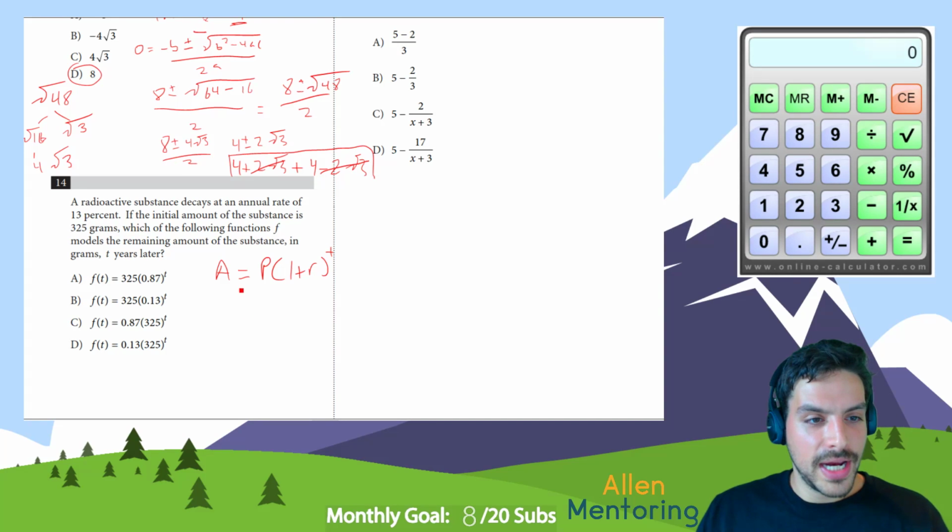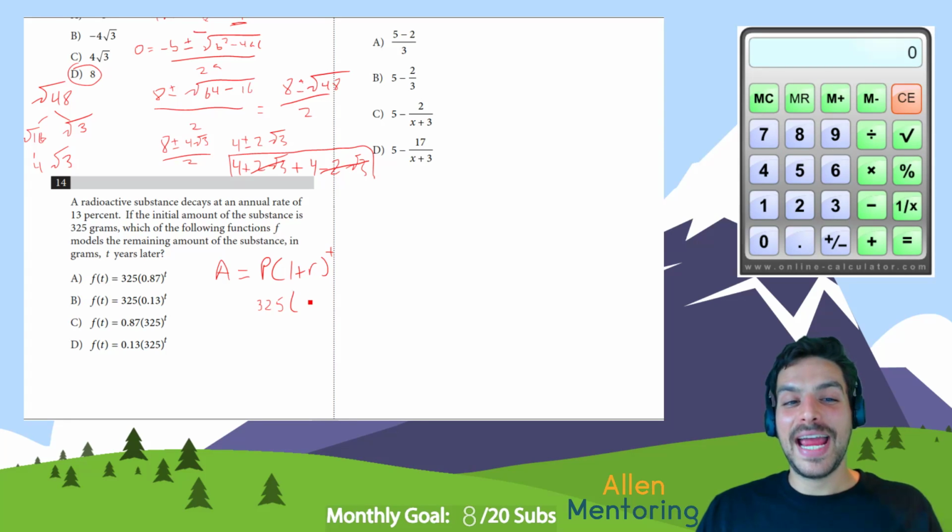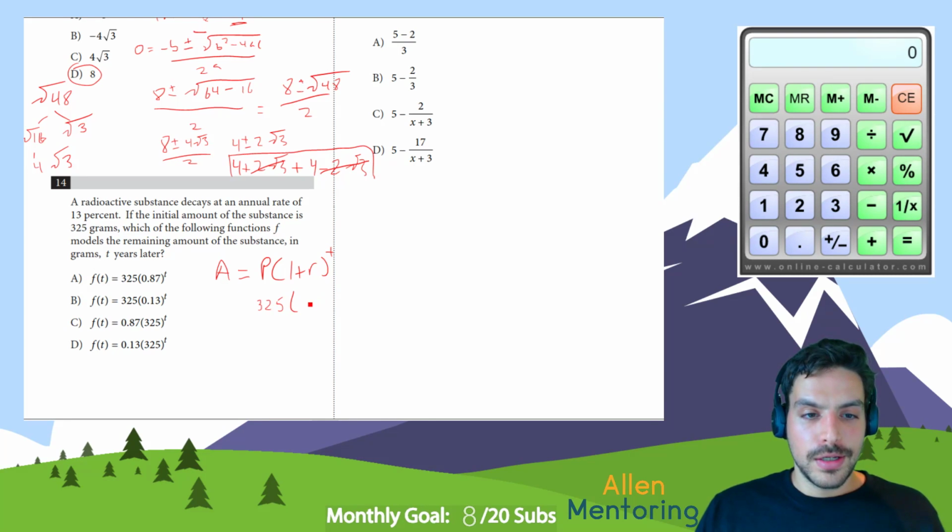So in our case, P is what you start with. So you start with 325, okay? And what is the rate? Well, in this case, it's a rate of decay. So it's actually a negative percent. And the annual rate of decay is 13%. So what we want to do is 1 minus 13%. But since 1 is not a percent, it's a decimal, we want to change 13% to